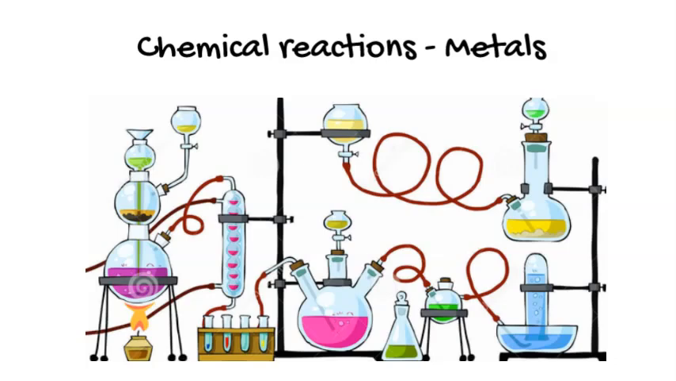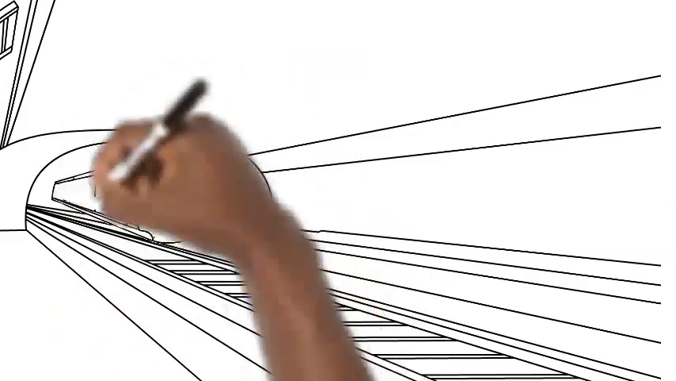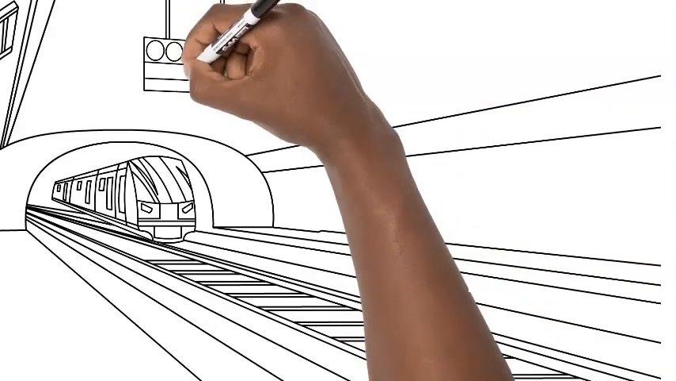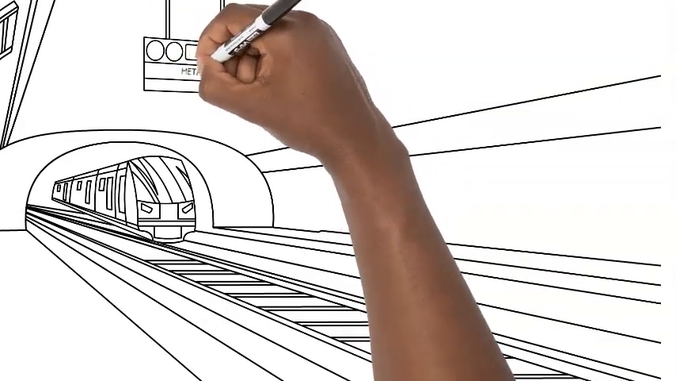In this video, we're going to focus on the variety of chemical reactions involving the metals of the periodic table. Metals play such an important part in the world around us that it's important that we understand how they behave